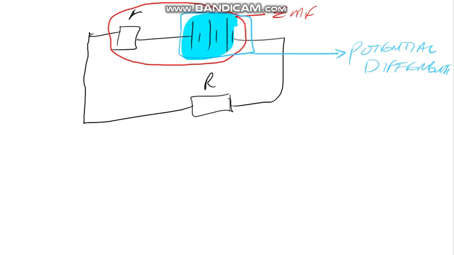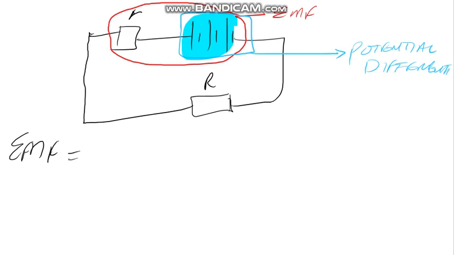This alone, without the external resistance and without the internal resistance, small r, is a potential difference. But if your calculation includes the internal resistance and also the external resistance, that is your EMF. So EMF is the total